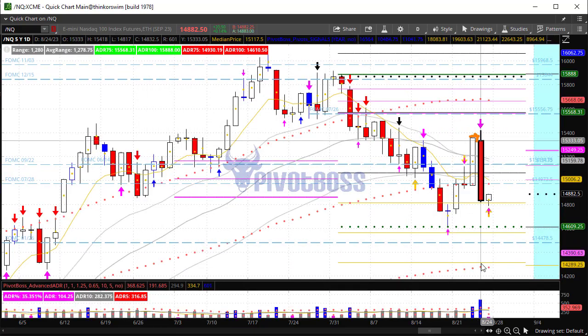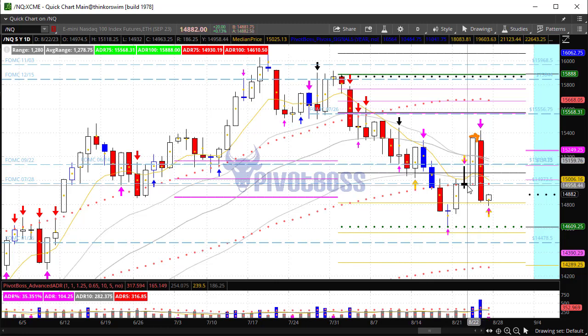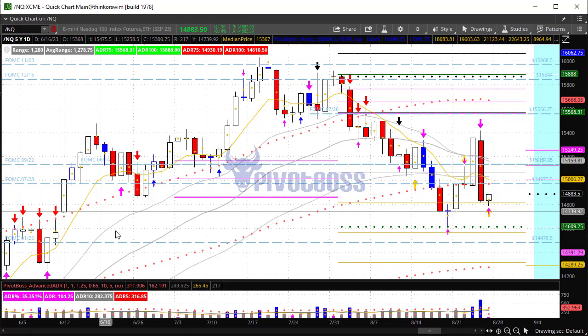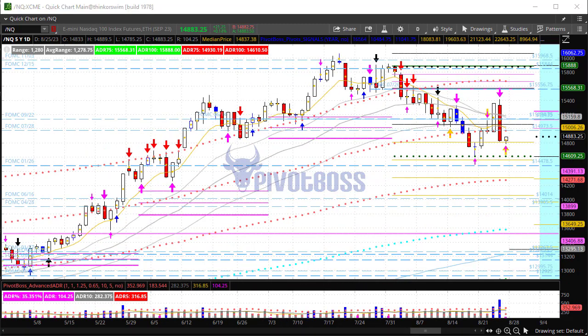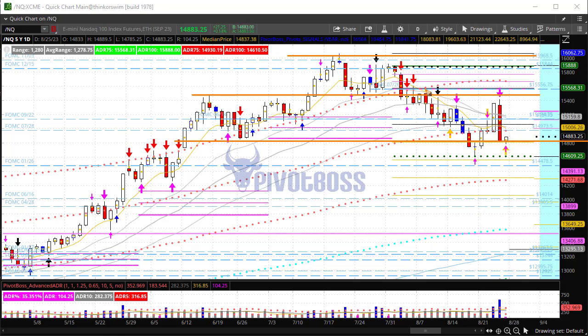We're seeing right here how big that day was on a one-day basis the previous session. A huge high range day of, what is that, 601 points. A 600 point day, and it left behind a significant rejection at the 15.4. Big time move. Now, one thing we talked about before is the developing market structure here, where you have the top end of this range, and then you have the bottom end of this range here.